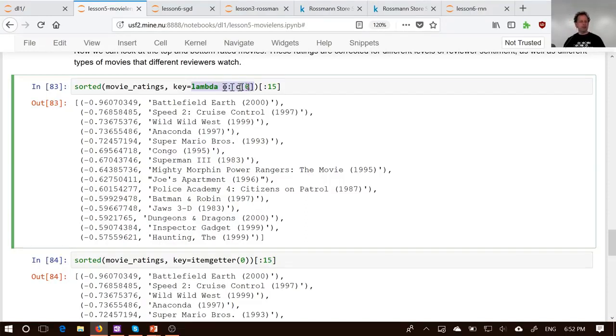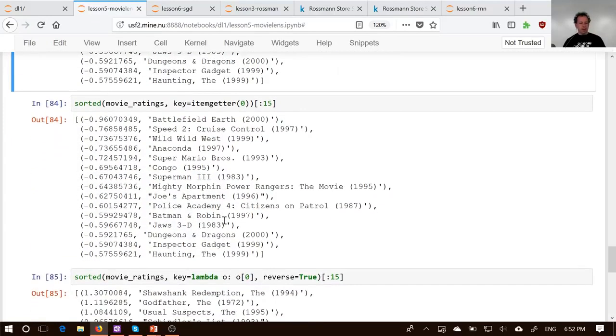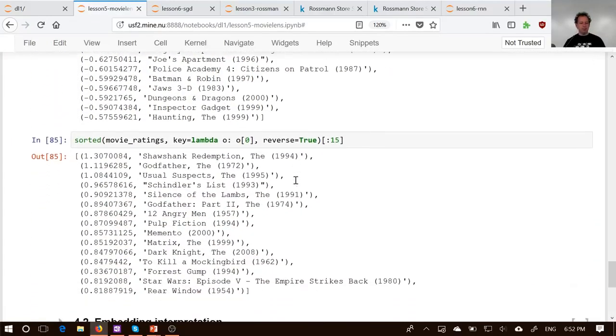So this is a function, okay? And so the sort is going to call this function every time it decides, is this thing higher or lower than that other thing? And this is going to return the 0th element. Okay. So here's the same thing in item getter format. And here is the reverse,